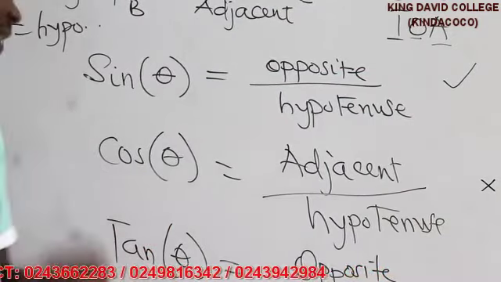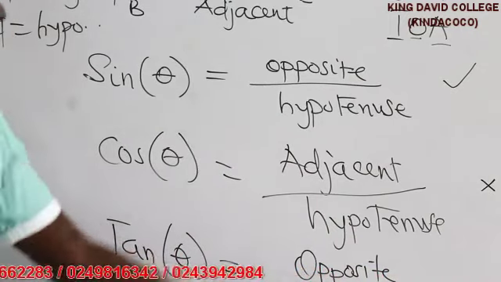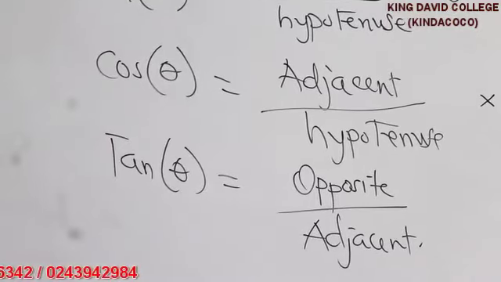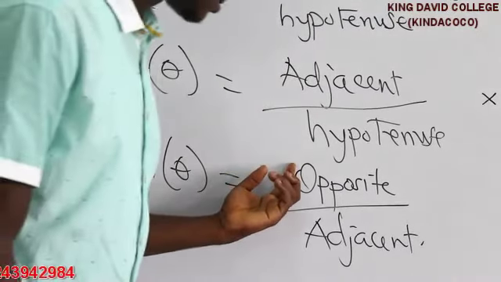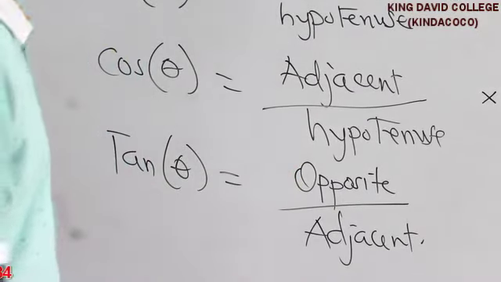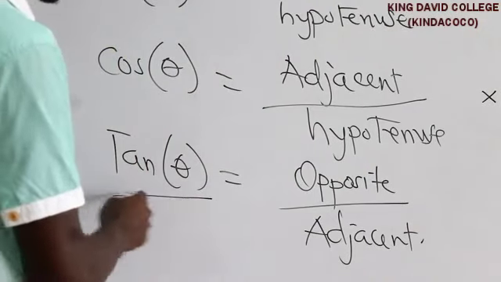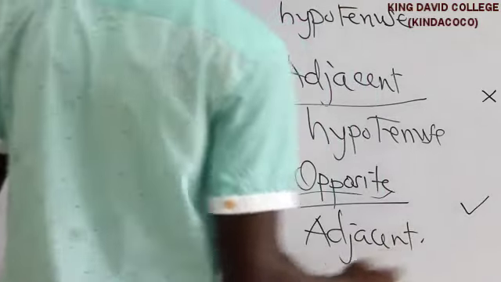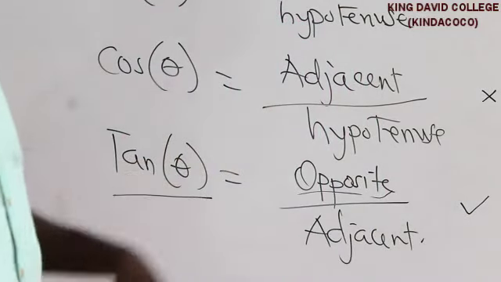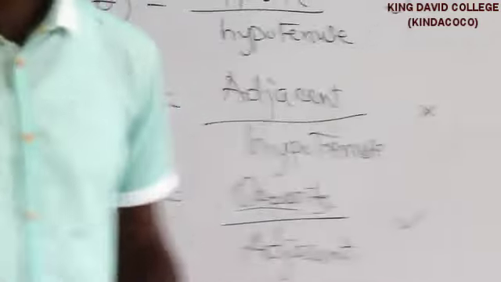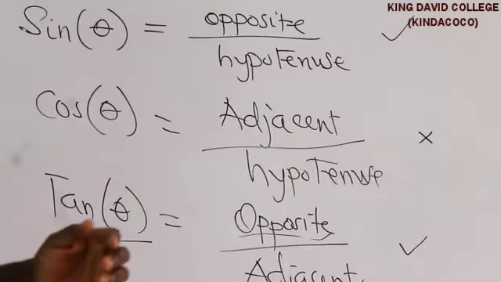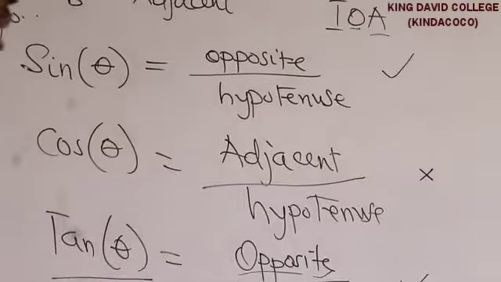Now let's look at tan. With tan, the opposite is known. Adjacent is not known, but we can find tan theta and then we can know the opposite. So it means that tan will also work. Like I was saying, you can always make a choice as to which of these three to choose from, but the choice depends